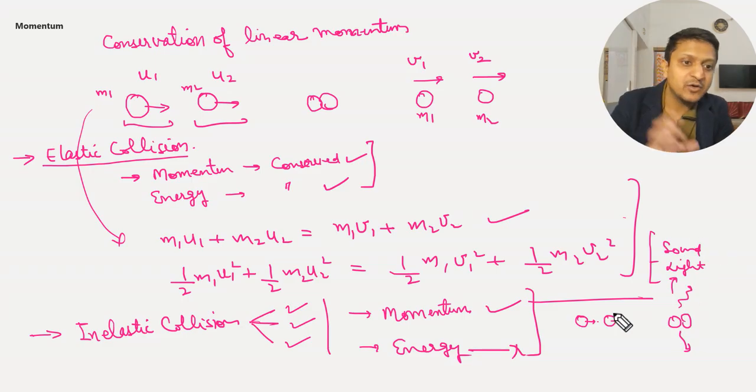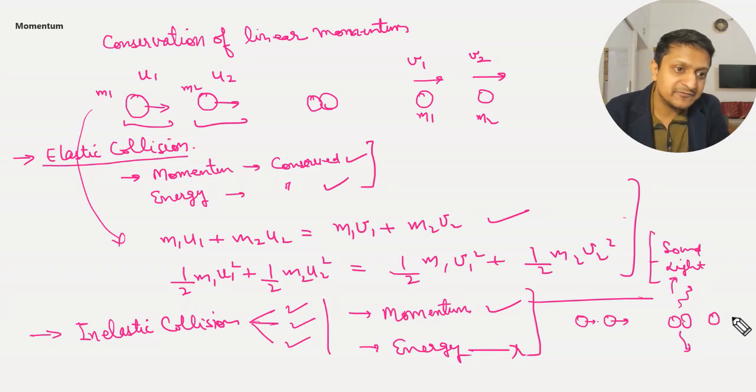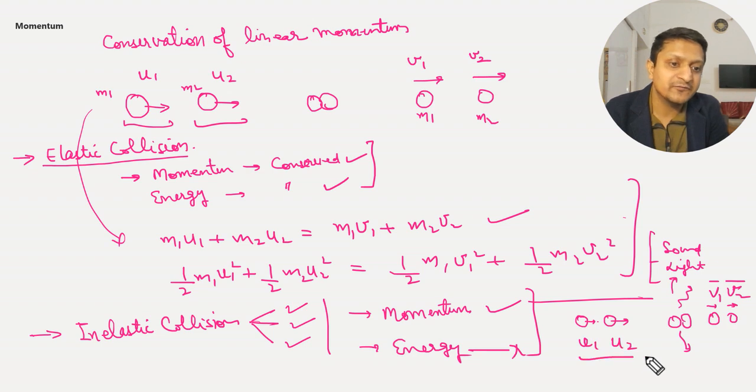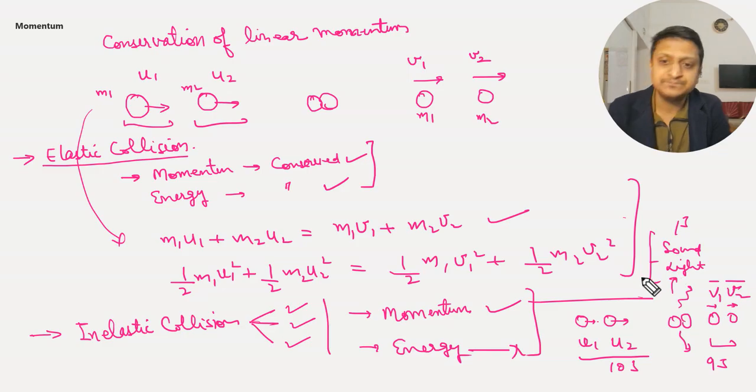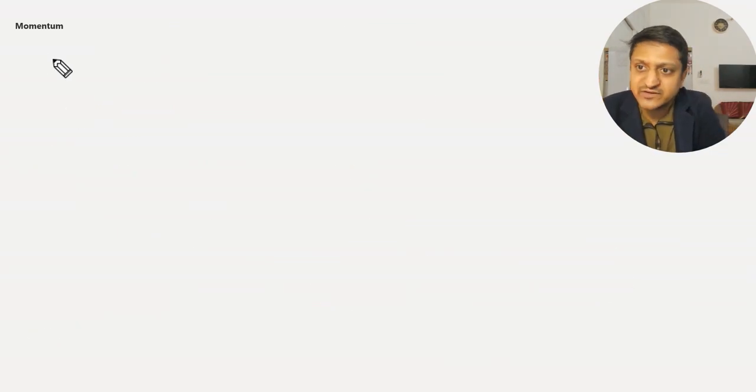So energy got wasted here, and the further part, that is V1 and V2, they are not getting the total energy from this. So if this total energy is 10 joules, here they are getting 9 joules. So 1 joule is getting wasted in other activities. So in these types of questions, when we discuss inelastic collision,